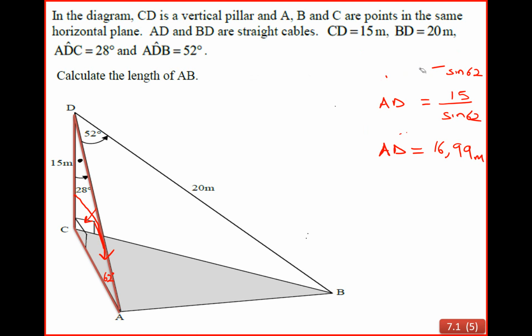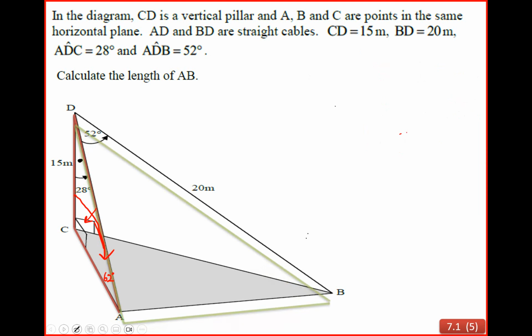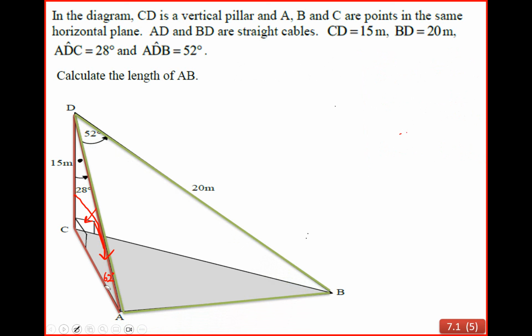So now we're going to move our attention to the next triangle, and that is the green triangle. Now remember, from the previous question, we're going to put the information in. We found out that that was 16.99. Now the question is to find AB. So if we want to find AB, we have a given side, we have an included angle, and we have a side called 20. And when you have a case of side angle side which is given, we will use